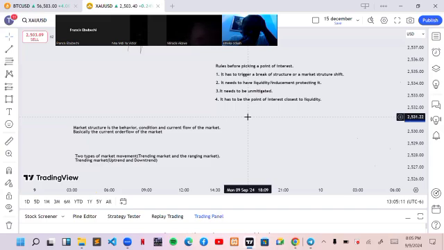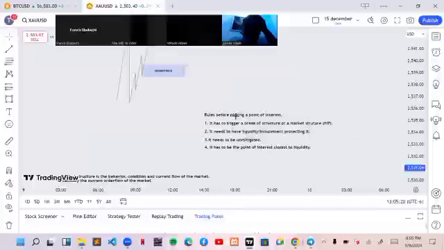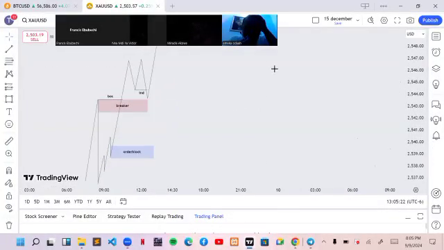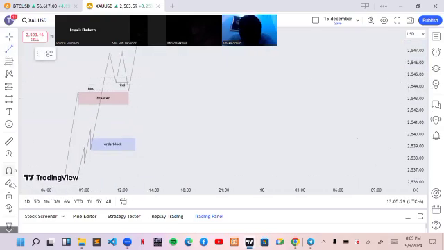Or if after market broke structure or had a market structure shift and the breaker block was never mitigated during the first pullback, you now use the breaker block as your entry. So in this case, this breaker block was never mitigated during the first pullback, so we use the breaker block as our entry. But in a case like this,